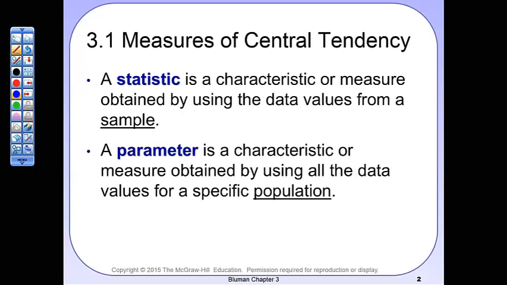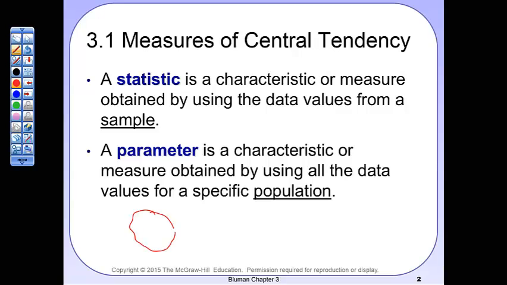Before we get started, we want to determine the difference between a statistic and a parameter. A statistic is the measurement that we get from a sample size. So the mean from a sample is going to be a statistic. The median from a sample will be a statistic. Those that come from a population are considered parameter. If you recall,